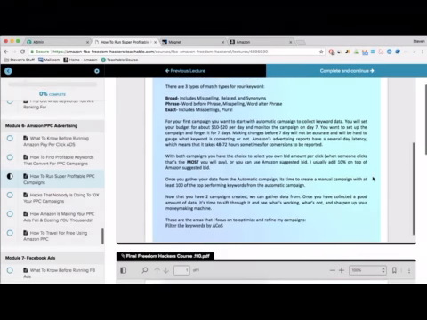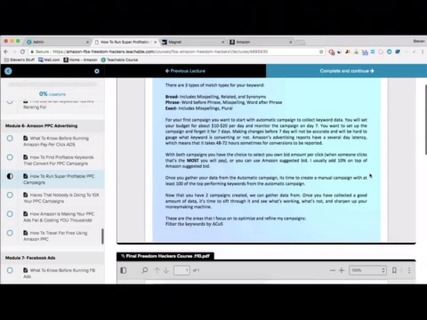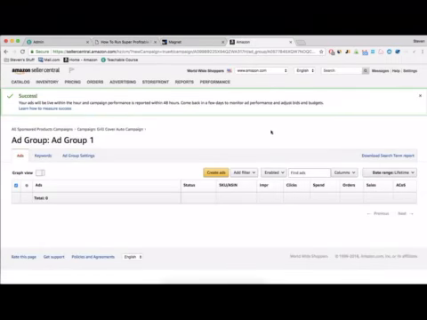Okay, so once you figure that out, once you have those keywords, you're then going to be able to bring over those keywords and create a manual campaign with those specific keywords, and start targeting keywords that you know are doing well. So once you grab those keywords from your search term right here, the profitable ones, you want to create,